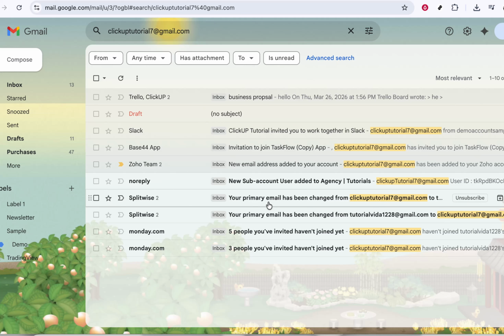By simply typing a name or email address into the Gmail search bar, you can instantly pull up all messages from a